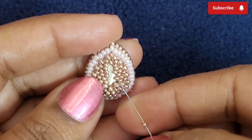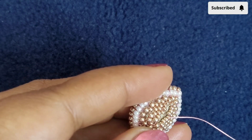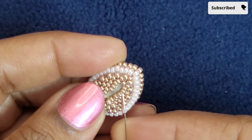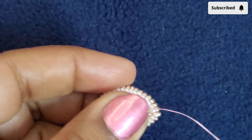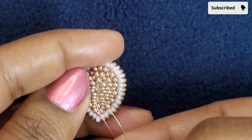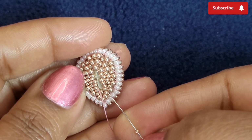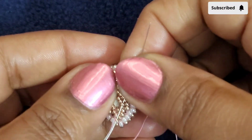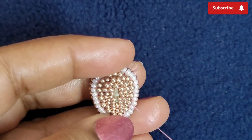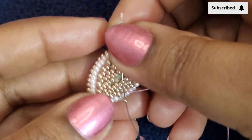Now picking up 1 15 champagne into this 15, again picking up 1 15 champagne, now down through this 15, picking up 1 15 champagne into this adjacent, this 15 just opposite to this one, or you can see this one is 1 2 3 third from here, so 1 2 3 third from here, up into these two 15s, picking up 1 15 champagne into this next 15,